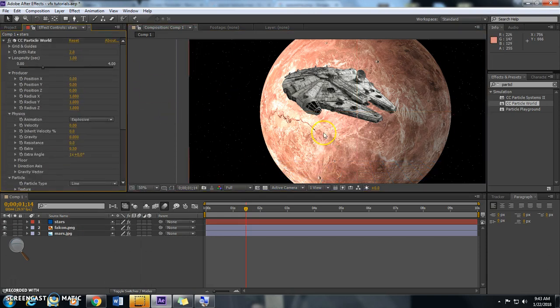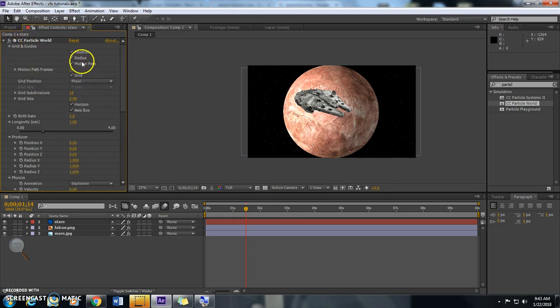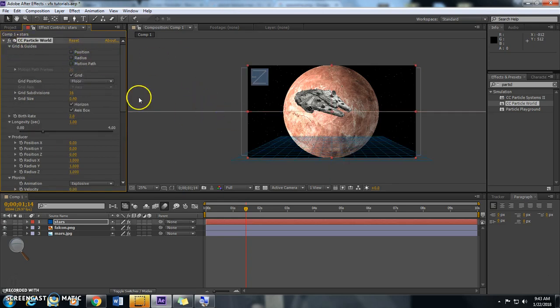The one thing I would recommend is that under Grids and Guides, you turn off these things so they don't show up. So the grid, all that stuff,